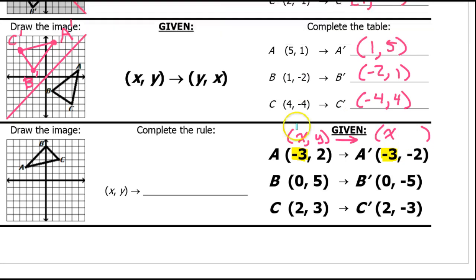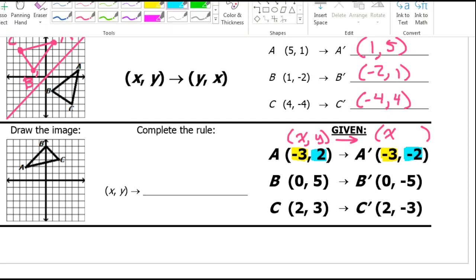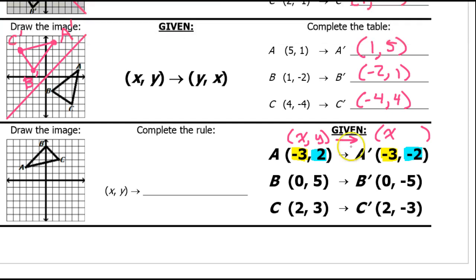Now, that leaves these two as corresponding parts. But they are not the same, so 2 became negative 2. In other words, the y value became the opposite of y. So this must be the rule. x, y became x, opposite of y. Okay,